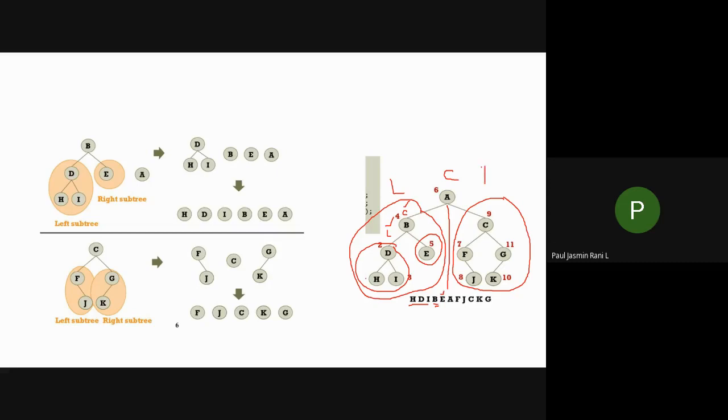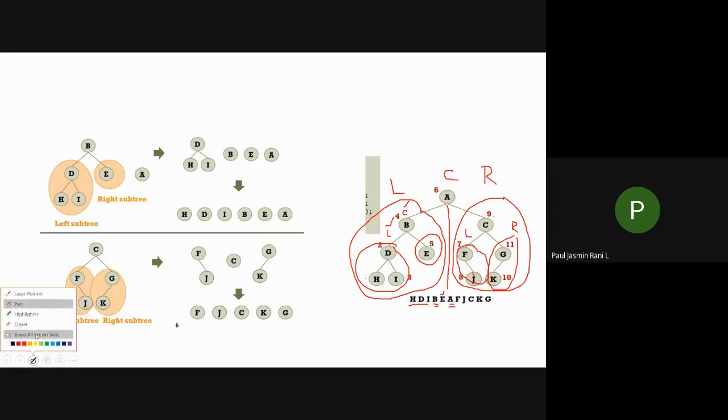For this right subtree, again you have to do the in-order traversal. For the right subtree, again you take this one as your parent node. Then you split this one as the left subtree and this one as the right subtree. What you have to do is give preference to the left subtree. So you take this F and J. When you take this F and J, what happens? For this particular F, I don't have any left child or left subtree, so I can simply mark this F. So after this A, you mark this F. Can you follow this one?